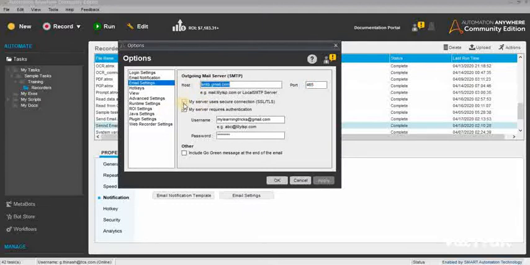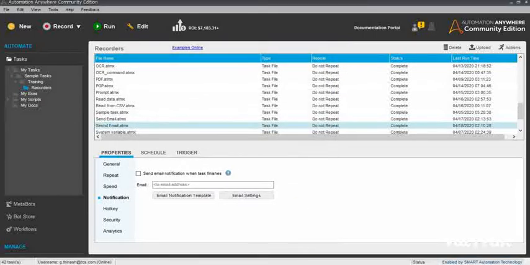My server uses a secure connection, so just check this checkbox to secure your connection. And my server requires authentication, since we are accessing another application: Gmail and Automation Anywhere are different applications. So just check this checkbox and fill in the username and the password of the email address from which you are going to send the email. There is also a checkbox for the green message, something at the bottom of the message like 'save our planet' in white color, something like that you are receiving, right? You can check it or leave it. Once you have done, just click on apply.